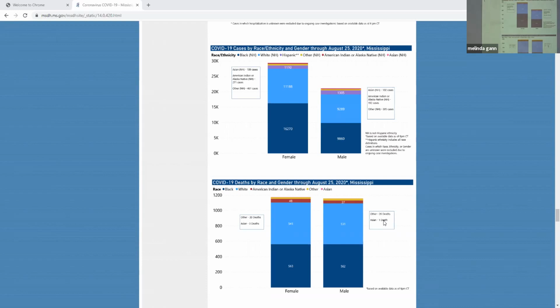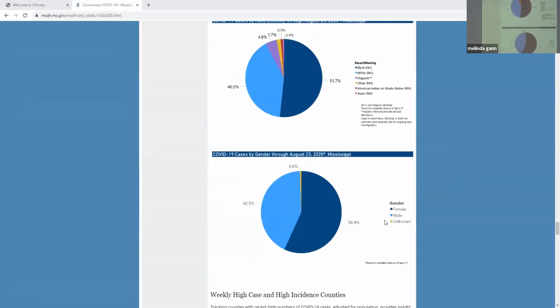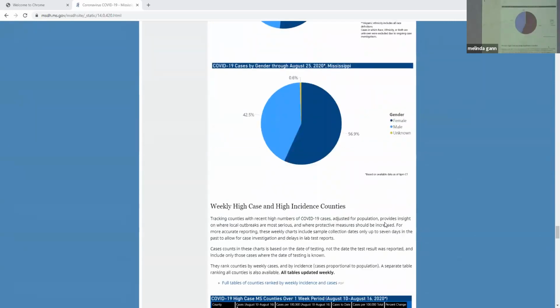Now look at the deaths. Even though the black females are getting COVID more than black males, what about the death rates? They're almost what? The same. All right. The male and female, it's the same thing. So you can look at it by race to kind of see what's happening. You can look at it by gender to see what's happening. They do the same thing here. Again, this is COVID cases by gender. These are the females, these are the males. So in Mississippi, who's getting it more, females or males? Females are. All right? And there's speculation about why that would occur.